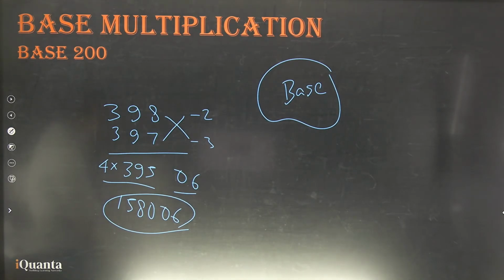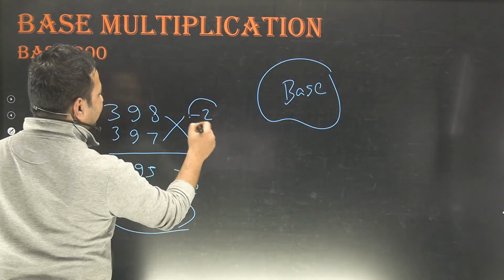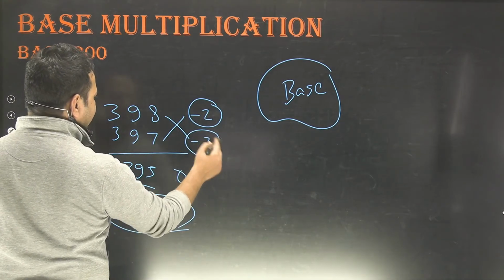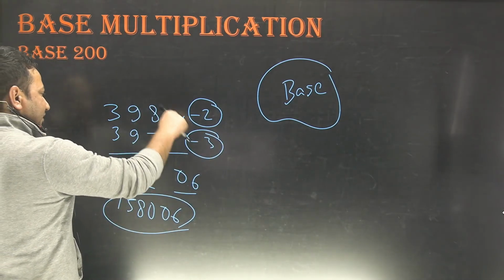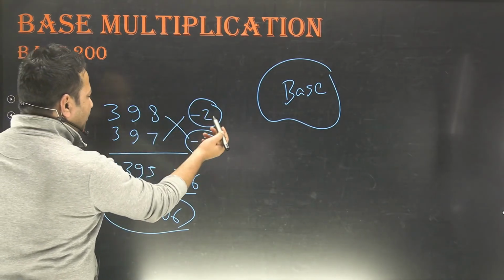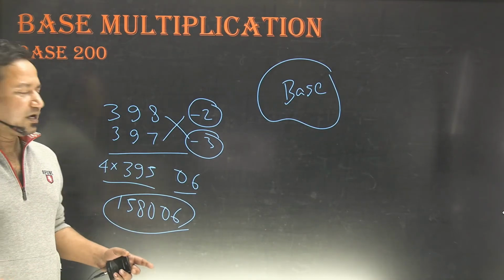All right. Yeah, I'm repeating this. First of all, we identified the base, that is 400. 398 is 2 less than 400. I just wrote it here, minus 2. 397 is 3 less than 400. I just wrote minus 3 over here. Then I subtracted in a crosswise fashion 3 from 398 or 2 from 397. In both the cases, we'll get 395. But the base is 400. That is why we multiply this by 4.